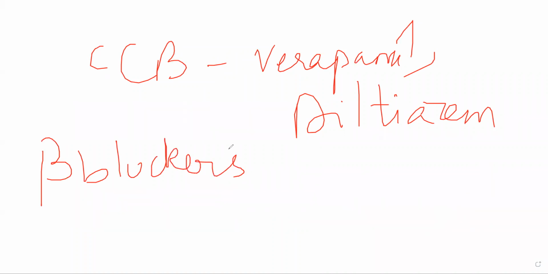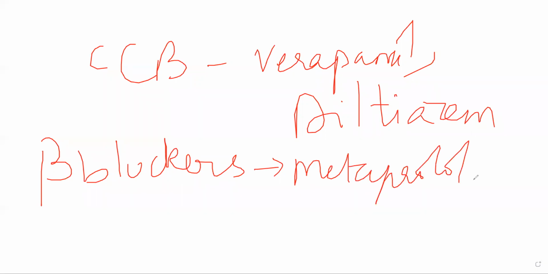If the patient is having a vasospastic type of angina where they are having vasospasms, essentially if the patient has variant type of angina or Prinzmetal angina, do not give beta blockers in them. Okay, in other types of angina you can give them. You can give it in classical angina, avoid it in variant angina and unstable angina. Don't give it in patients who have vasospastic angina. You can give metoprolol. You can also give bisoprolol.